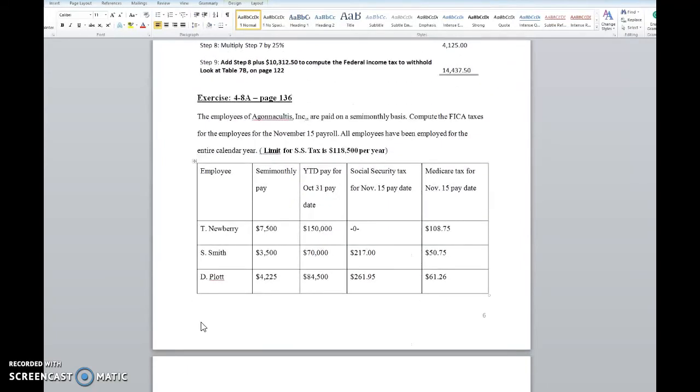Exercise 4-8A. In this problem, the employees are paid on a semi-monthly basis, and we need to compute the FICA taxes for the employees for the November 15th payroll. All the employees as stated in the problem have been employed for the entire calendar year. Remember,